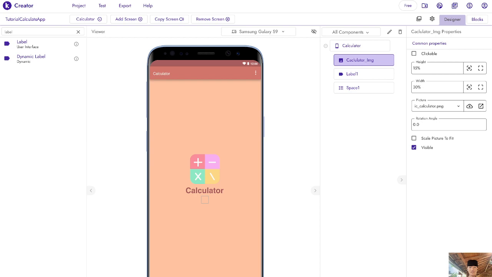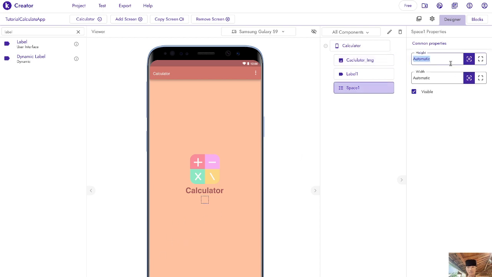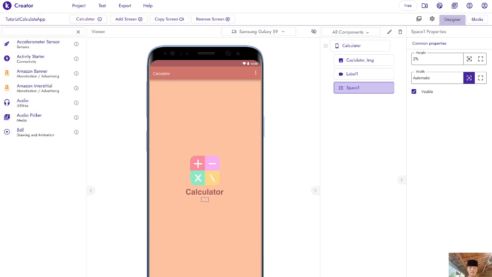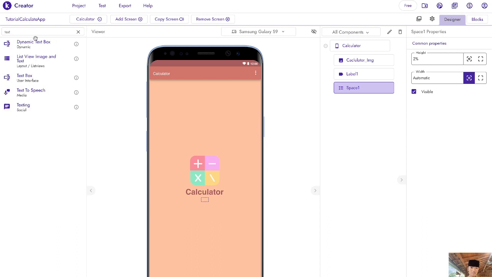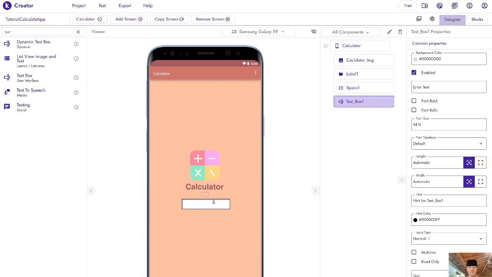Next, we're going to put some space, of course, under there. Space it to be 2% here. After space, we're going to put some label. I mean text box. Put some text box here.